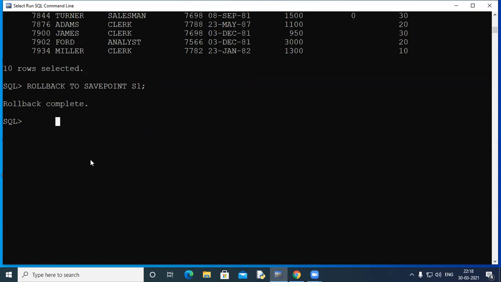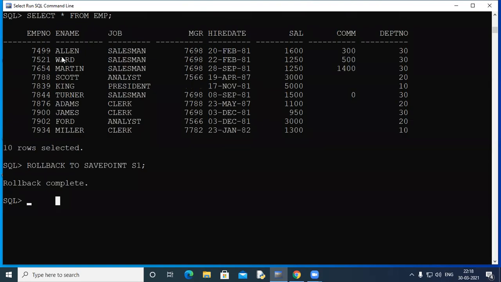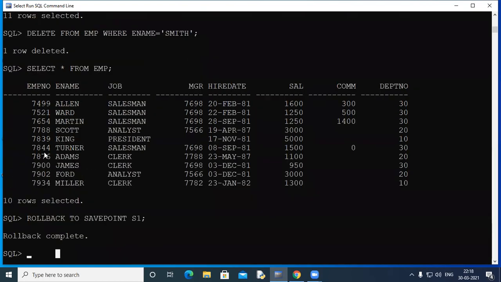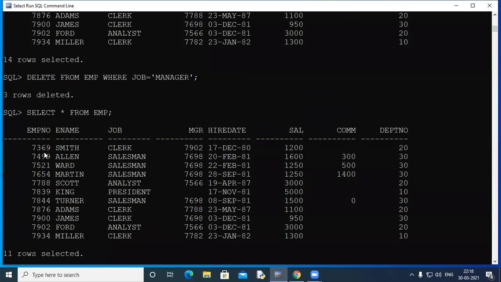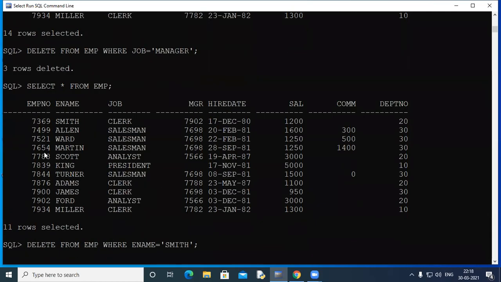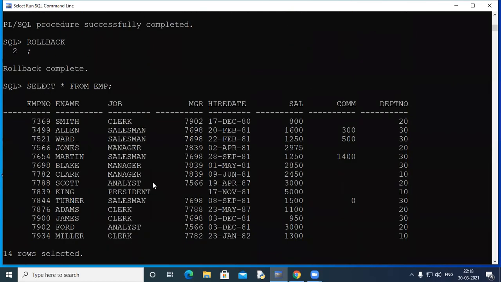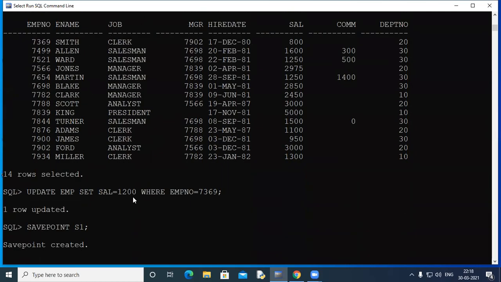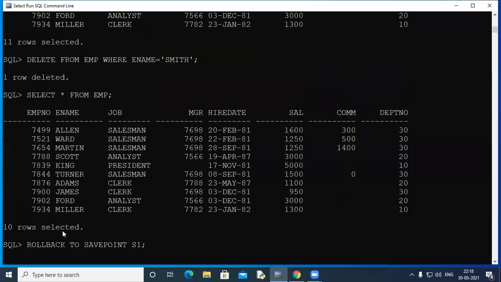Okay, so if you see here, the last select told you there are 10 rows, but then this delete and this delete have been rolled back. So again, you'll have 14 rows, but the salary of 7369 would stay as 1200 because this is beyond this save point. It cannot be rolled back as per this statement.